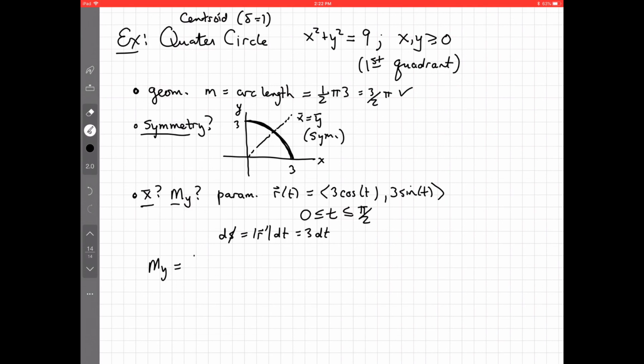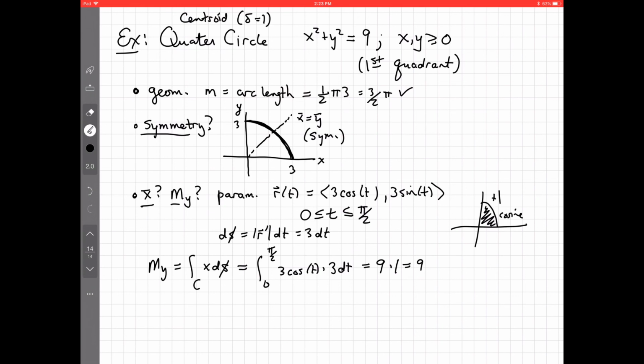All right, what's my? It's the integral along our curve of x ds. This is the integral from 0 to pi over 2 of 3 cosine of t times 3 dt. This is 9 times, and this time we have but 1 half hump of cosine, right? And so this is just 9 times 1, so in other words the moment is just 9, and that tells us then that x bar is 9 over 3 halves pi. In other words, 18 thirds pi,